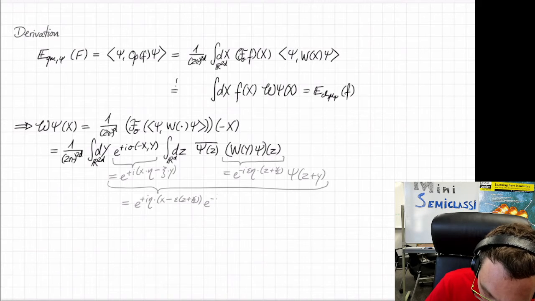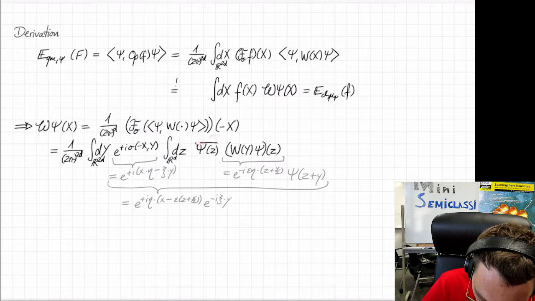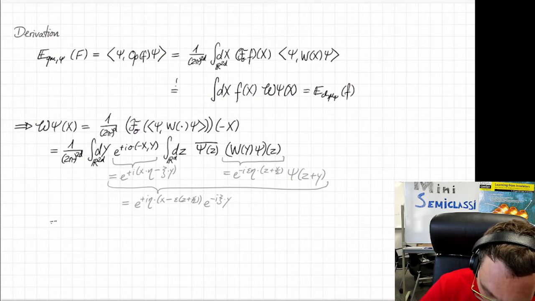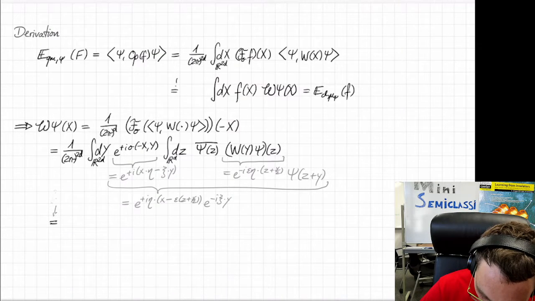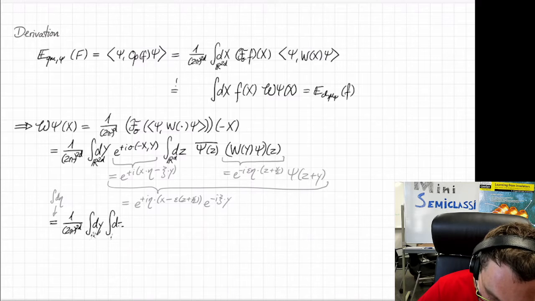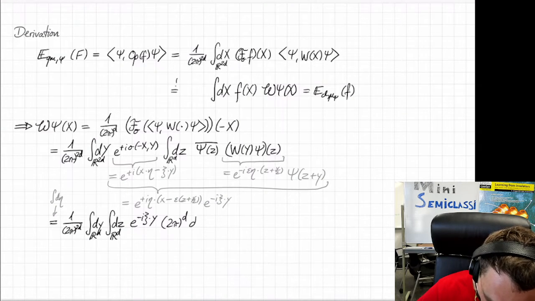We will leave the second factor alone. But here we see that apart from this phase factor, everything else is independent of eta. So we can take the integral in eta, which gives me a delta. So I have the prefactor from before. Now I have only an integral over small y and small z, which are just the spatial components of phase space. Then I have the remaining phase factor. Then I have 2 pi to the power d times a delta of x minus epsilon z minus epsilon y over 2